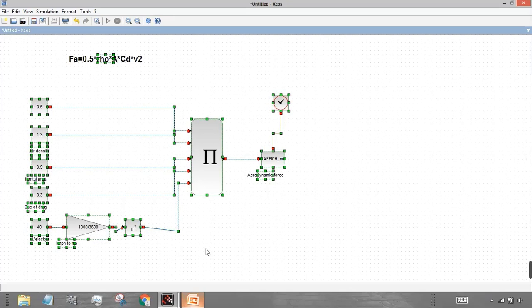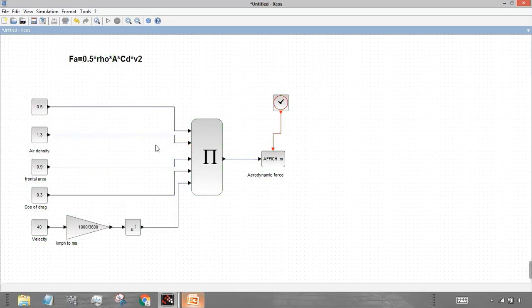So just Ctrl Alt O. This way we can orient all the lines, and then just run the simulation to see how much drag force is required to move from 0 to 40 km per hour. So I'll just run the simulation and we will get the answer. That is around 21.7 Newton.